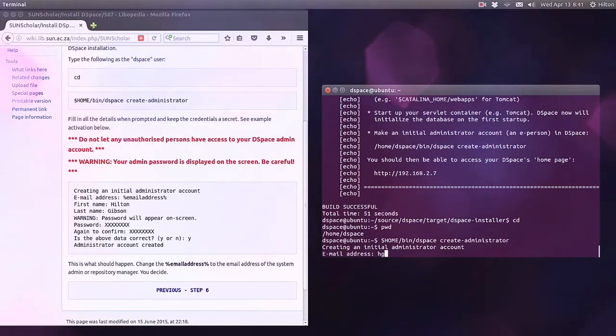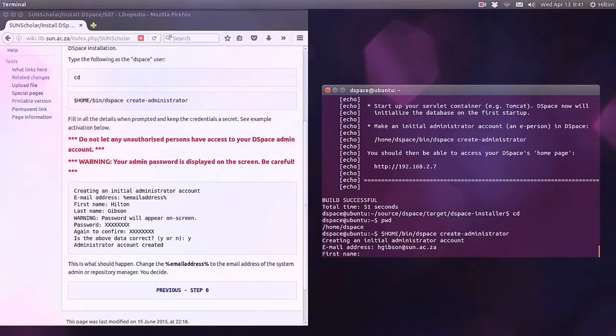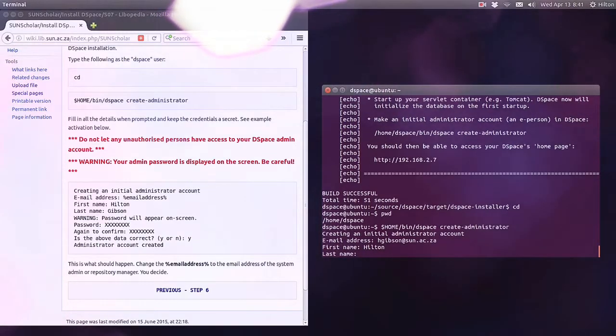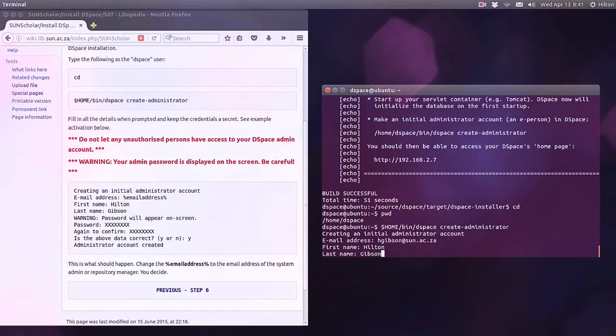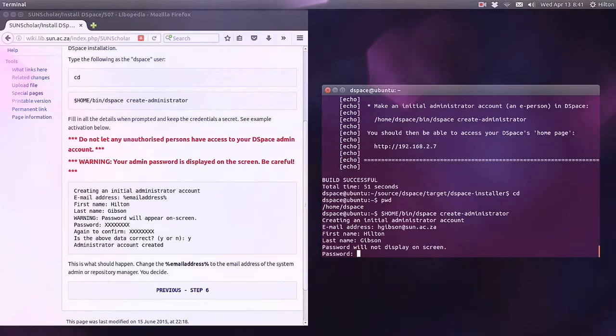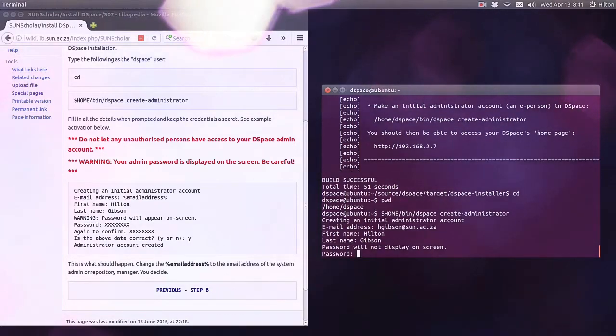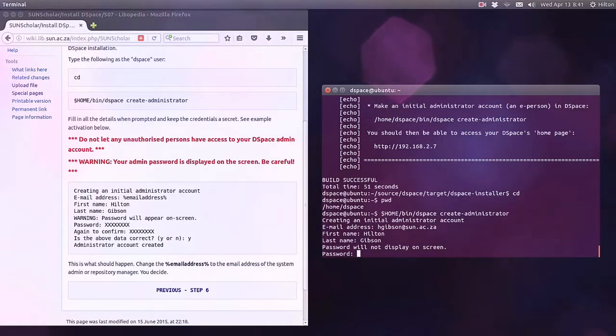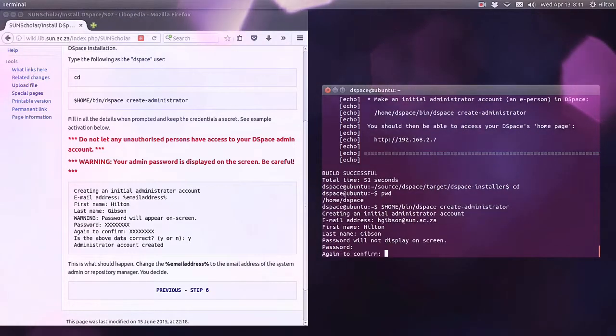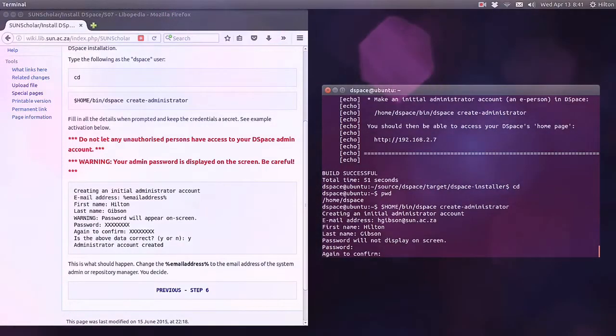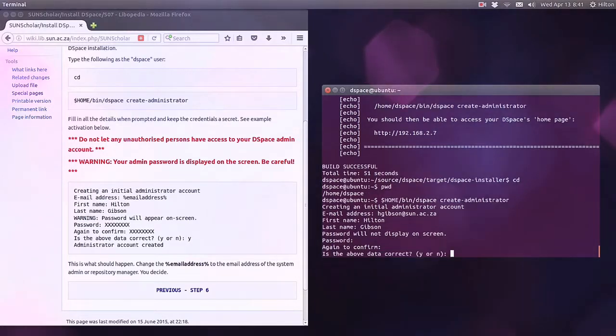Okay, so for this machine we're going to use my email address as the super admin, so we type that in there, and my first name is Hilton, and we type that in there. My last name is Gibson, and in the password we're going to use the same password we use for the DSpace account, so it's 09 Ubuntu 09. Ubuntu 09 to confirm, and we say yes, all of that looks good,